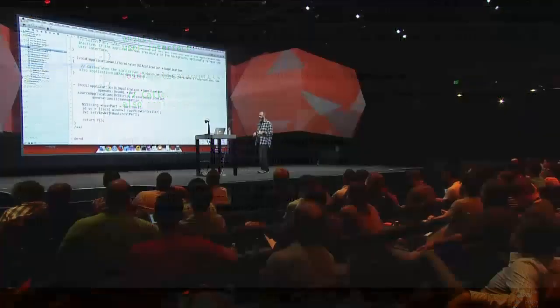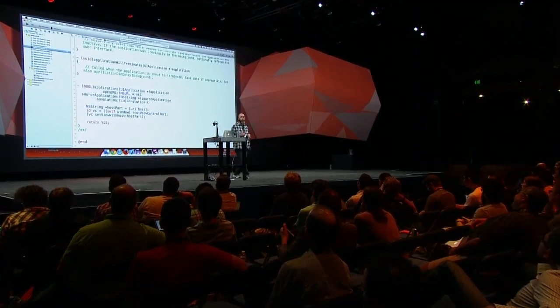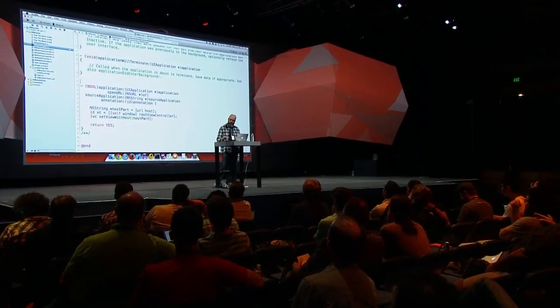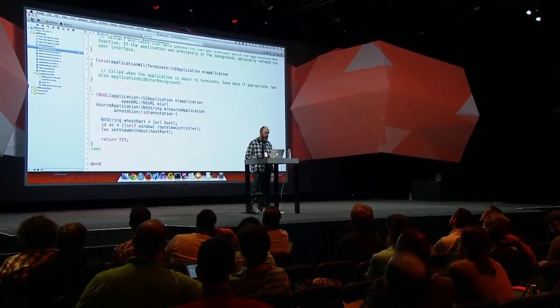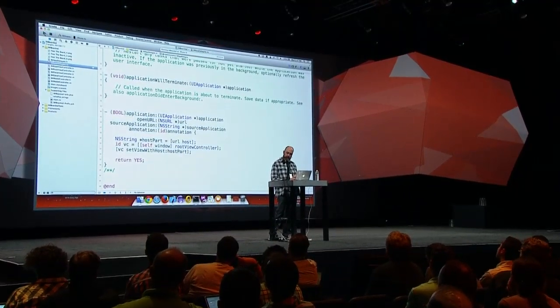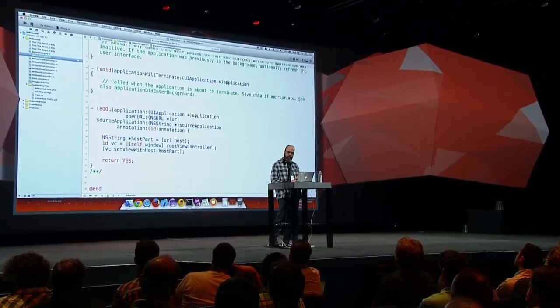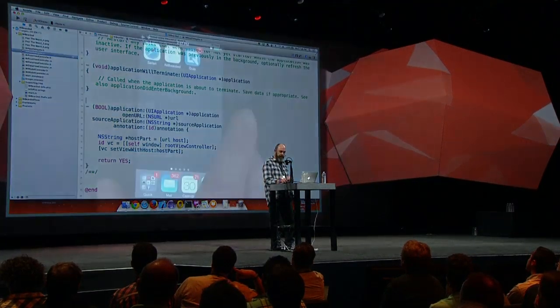And what I do is some very, very simple URL parsing to determine what content to show. All right, so now I am going to build this down to my device. And when it pops up for me, I will shut down the debugger. OK? And now, let's switch to my phone so we can see it.